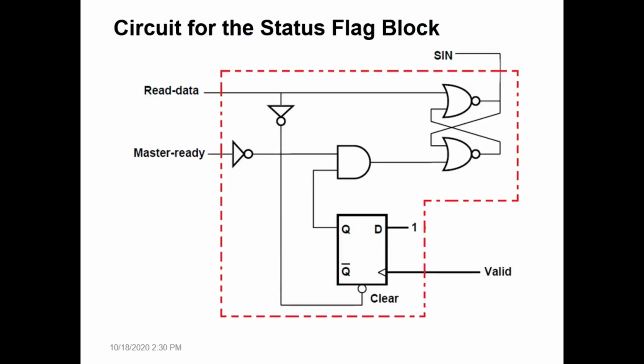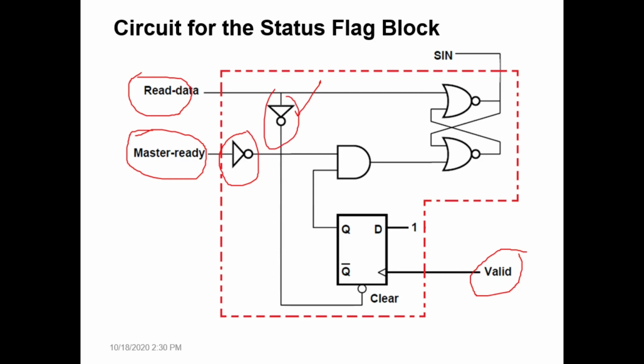So here it is the same status flag, whatever is there inside this red colored dotted line is the status flag. From the previous circuit we have zoomed in, okay, to see whatever is there inside the status flag. Okay, you can go through here. The status flag has 3 inputs: master ready signal, read data signal from the AND gate and valid signal from the keyboard. Using these 3 signals within the status flag, you can see 2 NOT gates here, right, and 2 NOR gates,